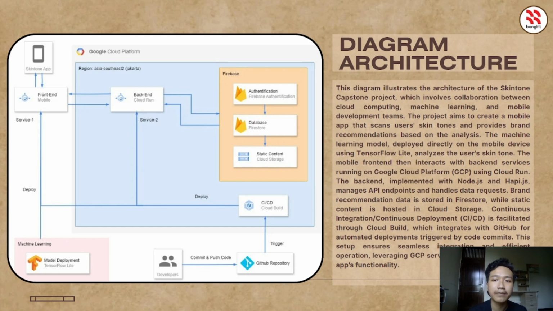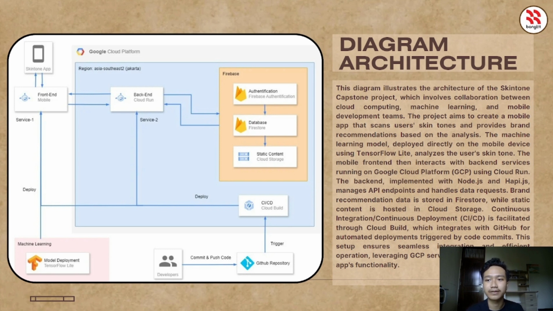Okay, now is the architecture diagram for the app. This diagram illustrates the architecture of the SkinTone Capstone project, which involves collaboration between cloud computing, machine learning, and mobile development teams. The project aims to create a mobile app that scans user skin tones and provides brand recommendations based on the analysis. The machine learning model is deployed directly on the mobile device using TensorFlow Lite to analyze the